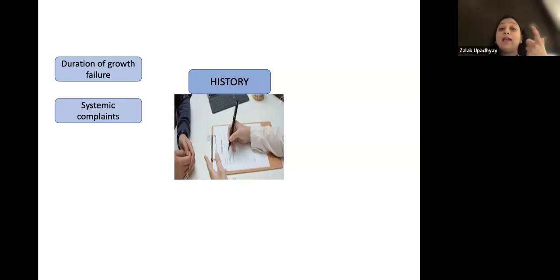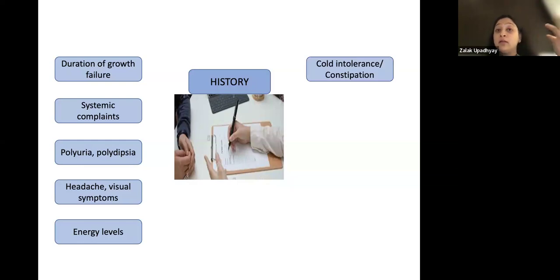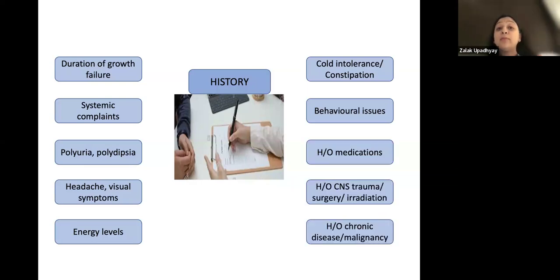Systemic complaints, as we told: any systemic abdominal complaints, poor appetite and diarrhea on and off, polyuria, polydipsia, renal tubular acidosis, diabetes insipidus, so you have to ask for that. Headache, visual symptoms, any space occupying lesion, energy levels, lethargy in hypothyroidism, cold intolerance, constipation in hypothyroidism, behavioral issues, history of any medication,